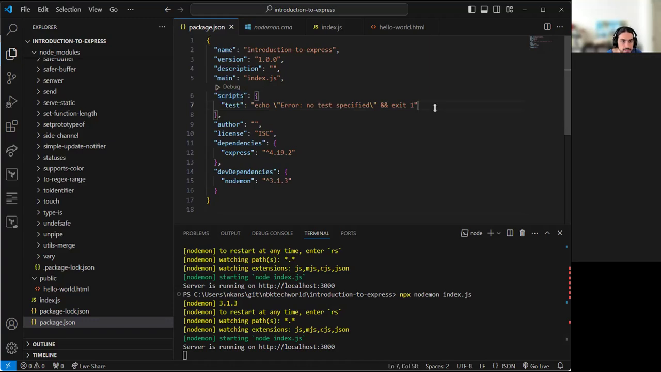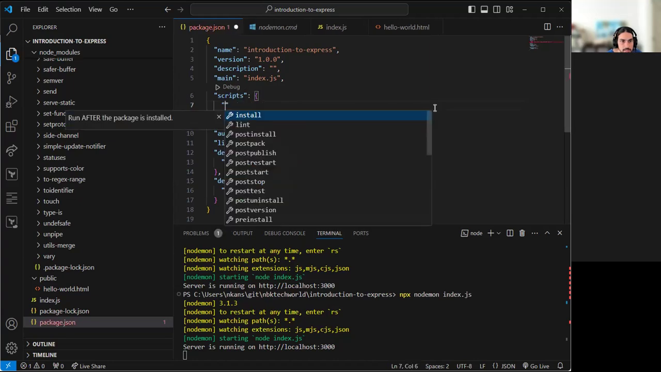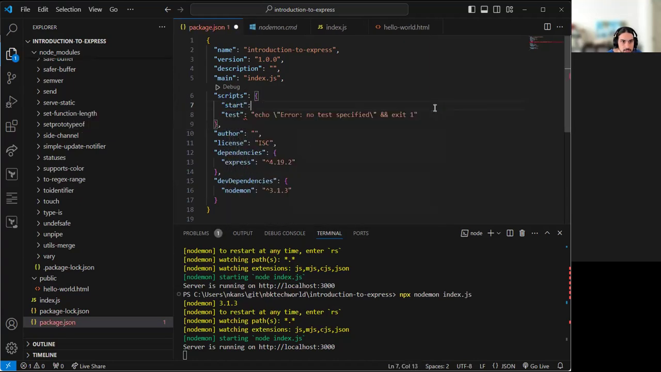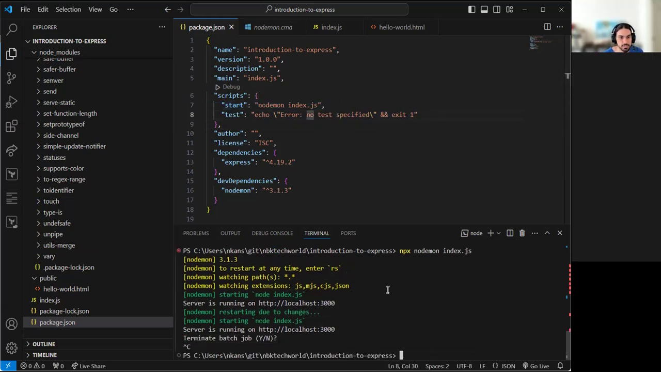You can add the start or dev or whatever you want to call it. Let me add start here. And let's call it nodemon index.js. Notice when I do scripts here, I don't have to type npx because it's already going to know to look in node modules. So if I do this, the reason I do that is just for convenience, so that instead of me typing npx nodemon index.js,